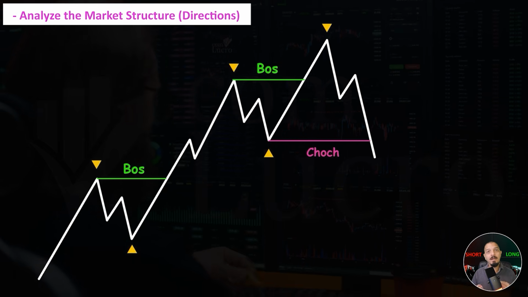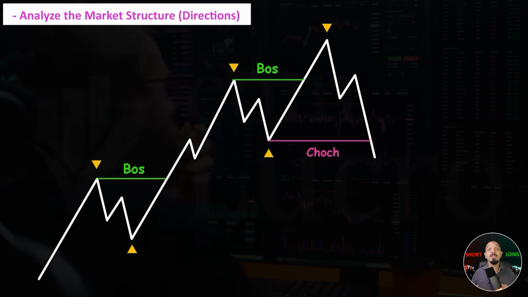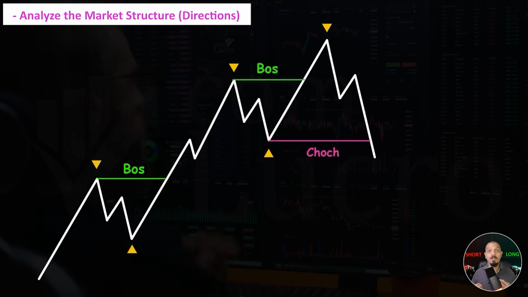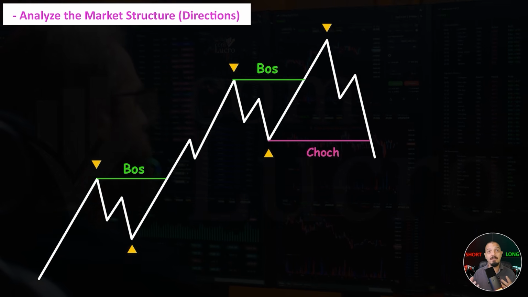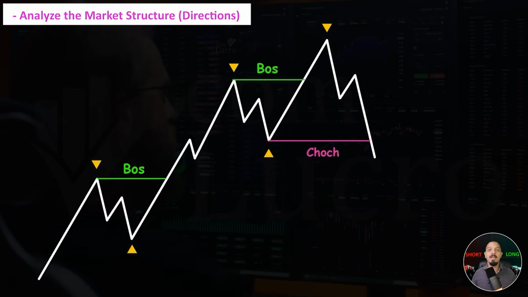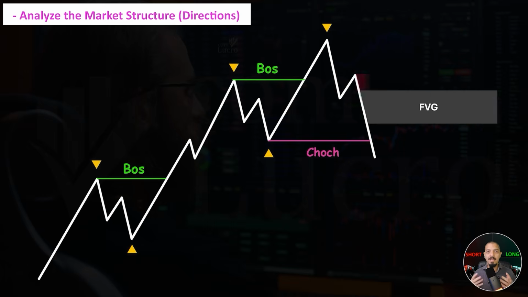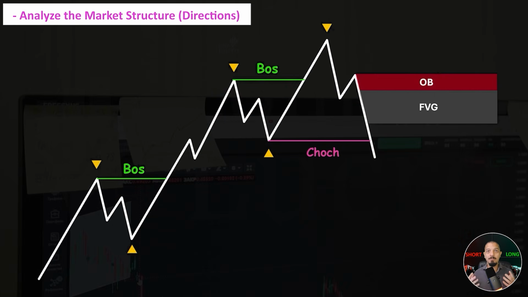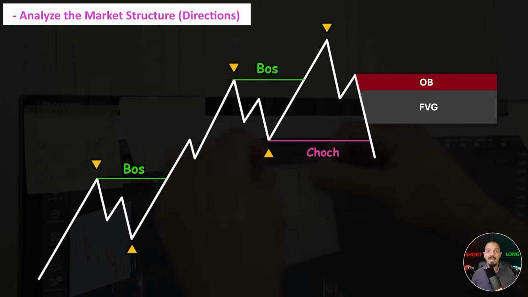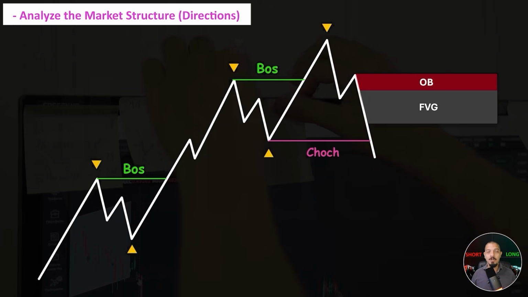It's much safer and more effective to focus on instruments or pairs that show a clean, obvious trend. This allows for better decision-making and more consistent risk management. Next, we identify the fair value gaps and mark the order blocks, which serve as our main trading zones. At this stage, we can simply place a sell limit order at the order block and position our stop loss